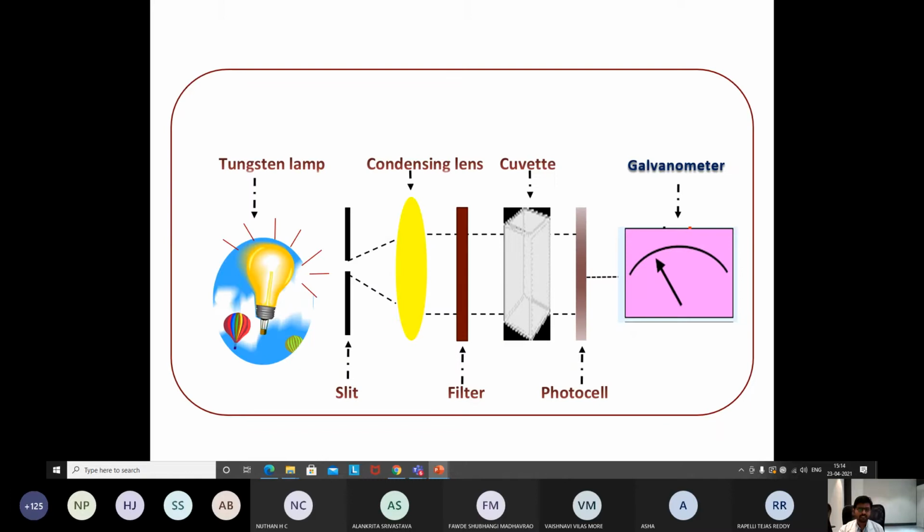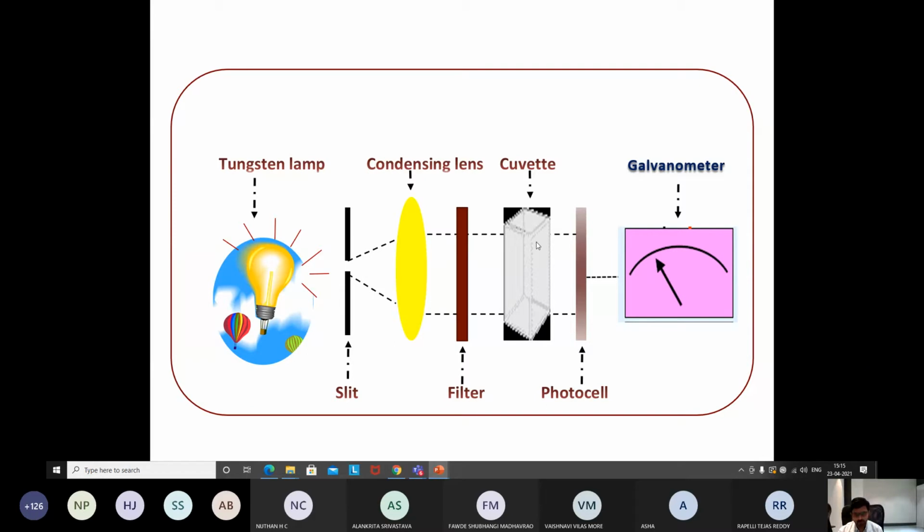So this is the schematic representation of the colorimeter. In the colorimeter, we use a tungsten lamp, which emits white light, and a slit, which allows only a portion of light. We also use a condensing lens inside the colorimeter. This lens filters some of the colors of the light and transmits only the required wavelength of light. And this is the cuvette, which contains the